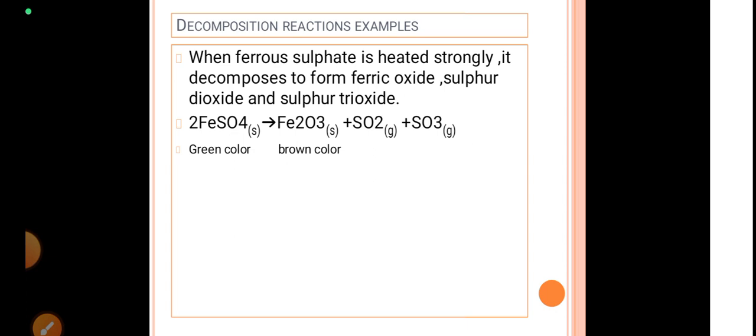and sulfur trioxide. So here mainly you can also call it dehydration, because ferrous sulfate loses water of hydration and it forms ferric oxide. So here this is also an example for dehydration, because there is color change. So once the water molecules are evaporated or vaporized, only then green color turns to brown. So this is one of the best examples for redox reaction and also decomposition, and it is also an example for